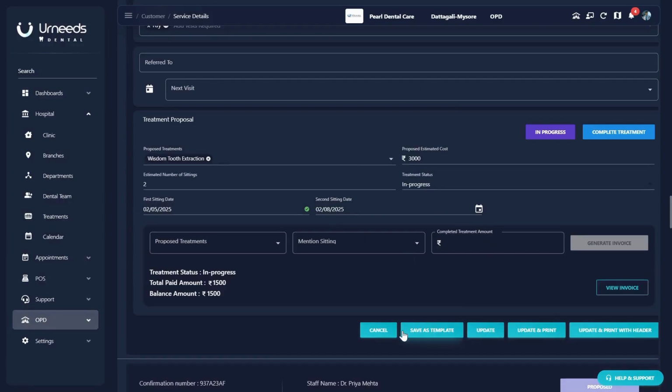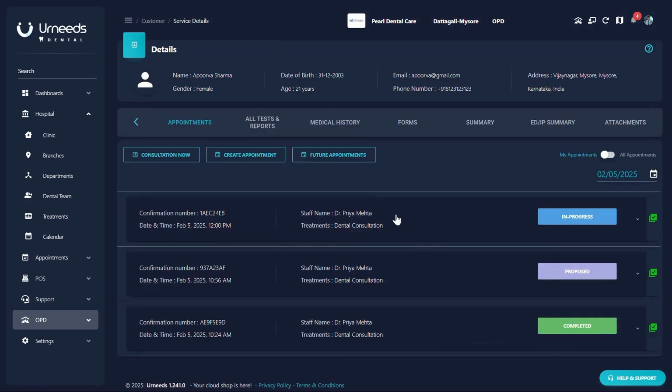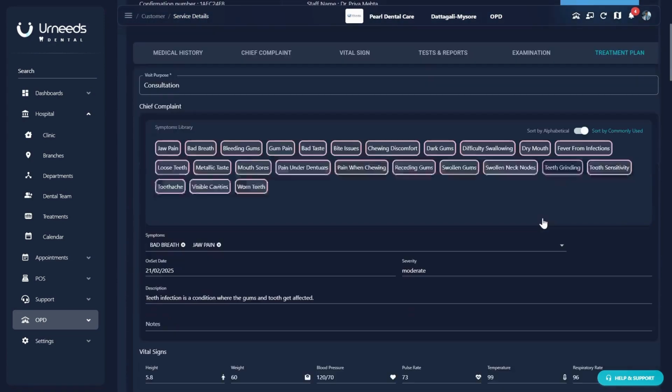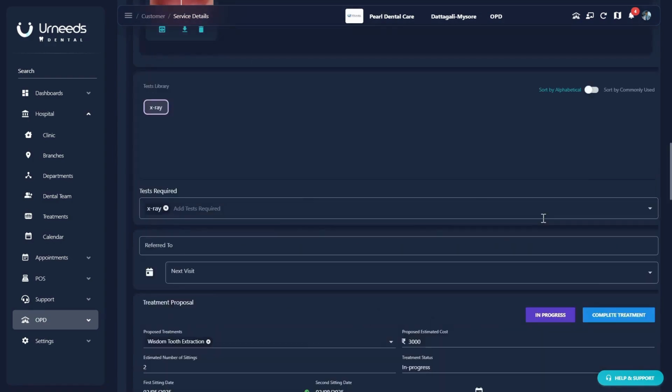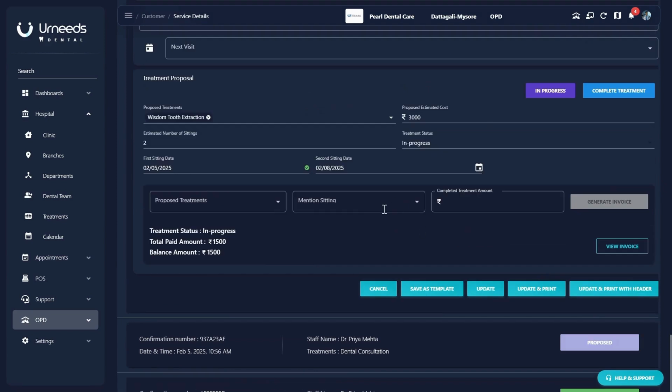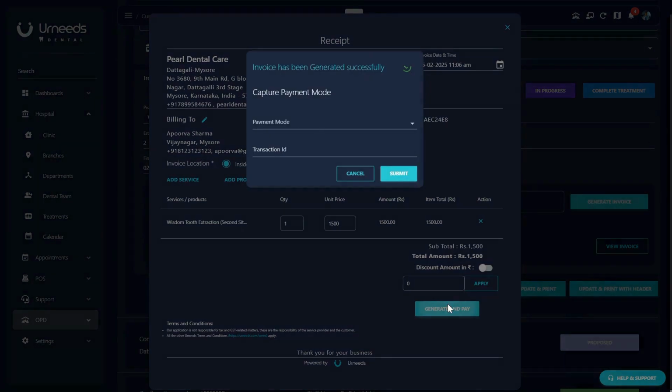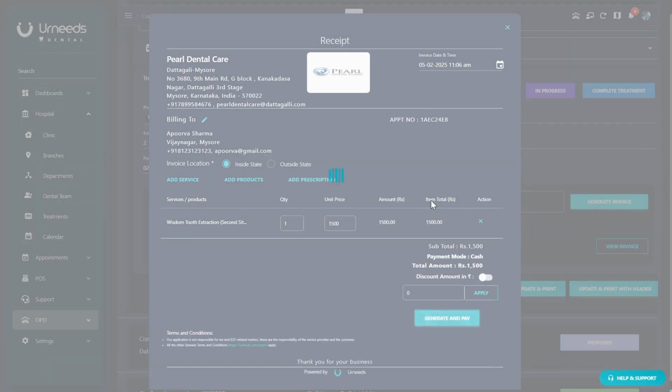Now you can do the next sitting immediately or you can keep it for the next date. As you can see, it is automatically shown where you can simply click on Edit, scroll down and then you can simply enter the proposed treatment, the sitting and then how much amount is to be paid. Then you can enter in the payment and then generate the invoice. Once the invoice gets generated after the payment is complete,